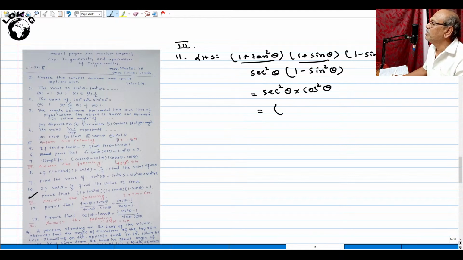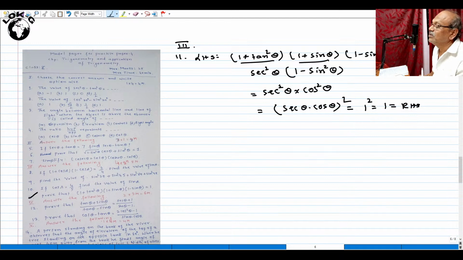Is it not in the form of a square into b square? A square into b square can be written as sec theta into cos theta whole square. But sec theta into cos theta is 1. 1 square becomes equal to 1. That is equal to RHS. This is how you can easily prove the result. That completes the third main. Let us move on to the fourth main, my dear students. I hope you are enjoying